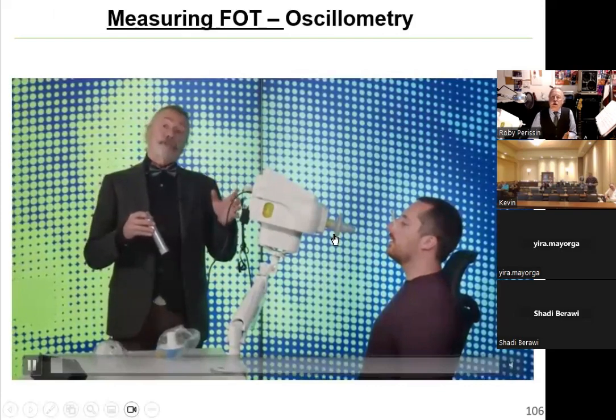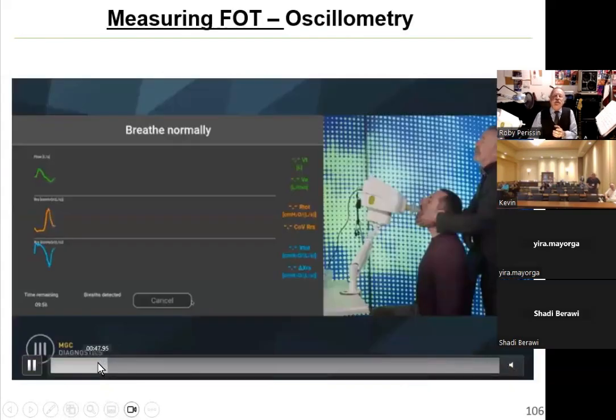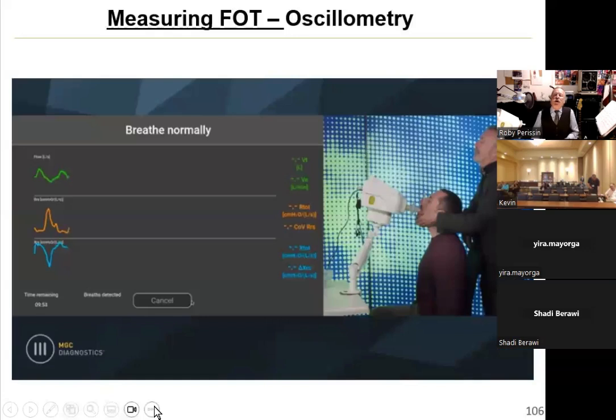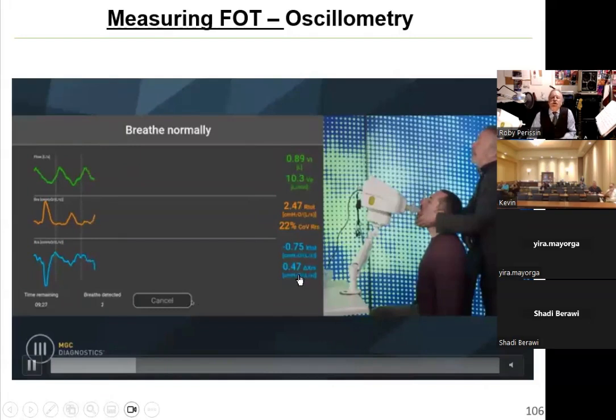here is how to hook up the patient, calibrate the device. The patient starts breathing, and you will see now Alvin has a device there, and I recommend you to do two tests, just to do both and measure the repeatability. You'll be able to breathe, holding your cheeks to prevent fluttering, and if there is a count, as you see, of accepted breaths. So you breathe and you see the flow, the resistance and the reactance, the numbers on the right-hand side. So you'll be able to see if the patient is already very obstructed in real time, and you